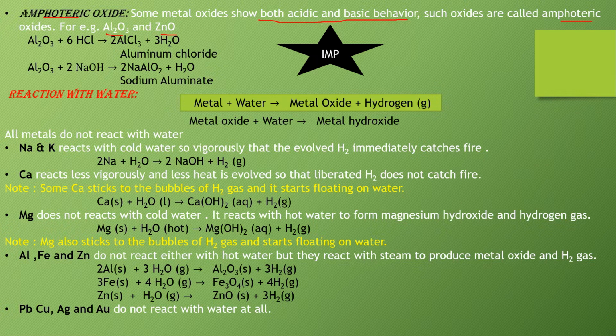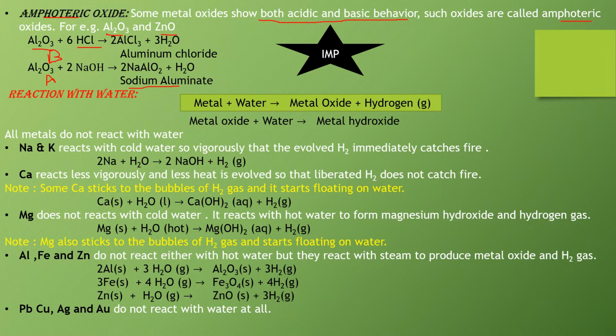So these are two reactions which prove it. First is the reaction of aluminium oxide with acid. Here aluminium oxide reacts as base. Whenever Al2O3 reacts with acid, it converts into aluminium chloride and water, that is, salt and water are formed. Now whenever Al2O3 reacts with NaOH, here Al2O3 acts as acid. Hence when it reacts with base NaOH, it forms NaAlO2, that is sodium aluminate, along with the formation of water.